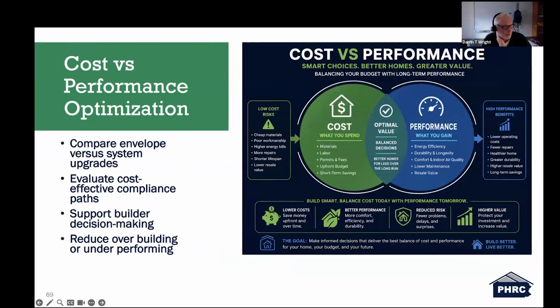And it's cost versus performance optimization. We're always looking at how we can get a better building without breaking the bank. AI is one of those tools that can make suggestions to get better performance while balancing the cost as well. When we do that as an individual, it takes time. We look at different heating and cooling systems. We look at different insulation strategies. We look at all these things. Like, let's beef up this area. How much is it going to affect the cost? And that takes a lot of time. AI is one of those tools that can help reduce that time when doing those sorts of calculations.